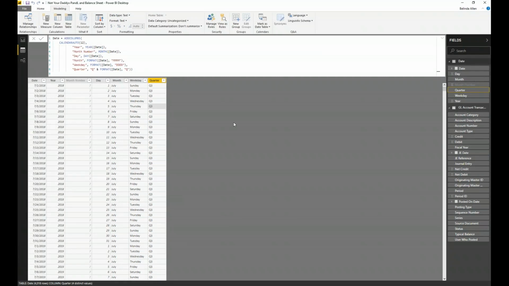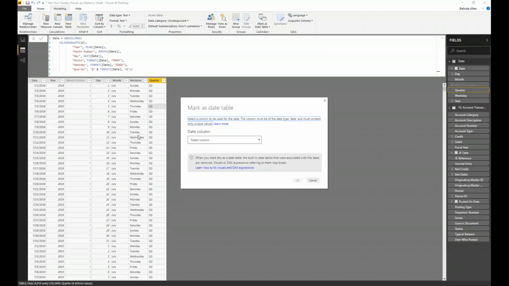Now, one last thing we need to do in order to utilize some DAX formulas like year to date, while I'm here on this table, on the modeling ribbon, there is something called mark as date table. So I'm going to identify this table as being my date table. And the only thing I have to do is tell it which field or which column represents the date. And the fact that I have every single calendar date accounted for, it's telling me that my validation was indeed successful. So I'm going to go ahead and click on OK.